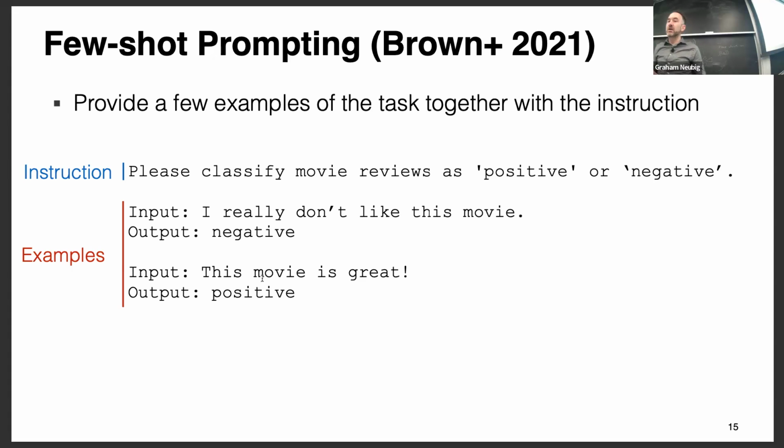So stronger models like GPT-4 tend to be pretty good at following instructions. So if you say, please classify movie reviews as positive or negative, it will be more likely to just output positive or negative. But if you have weaker models, it might say input, I really don't like this movie, output, I think this is probably negative or something like that. It might not follow the instructions as well, and it's more effective to provide as in-context examples. So this is one